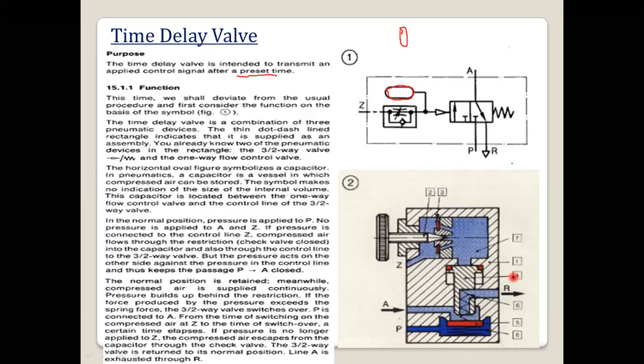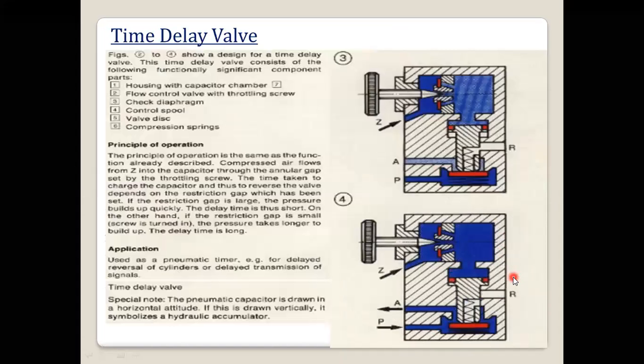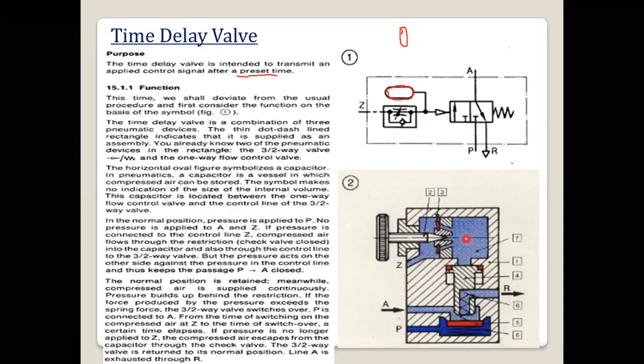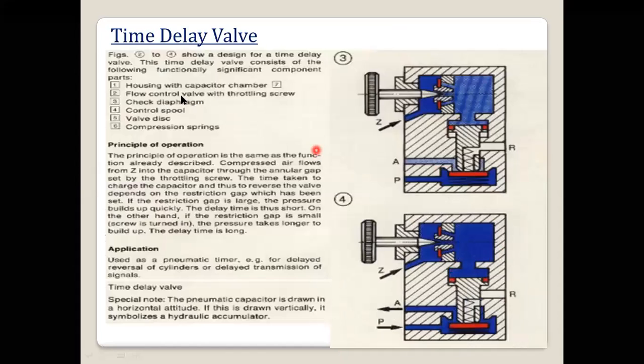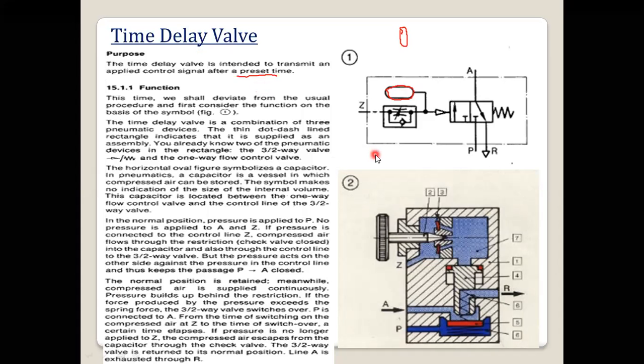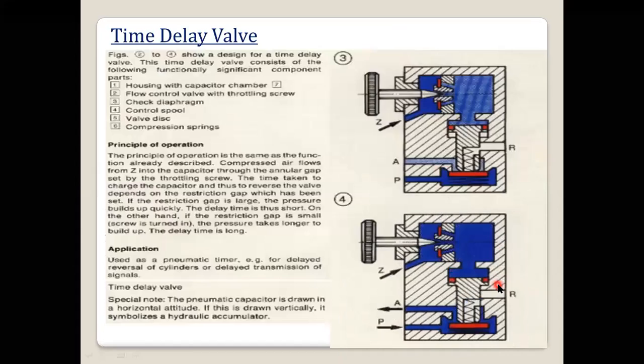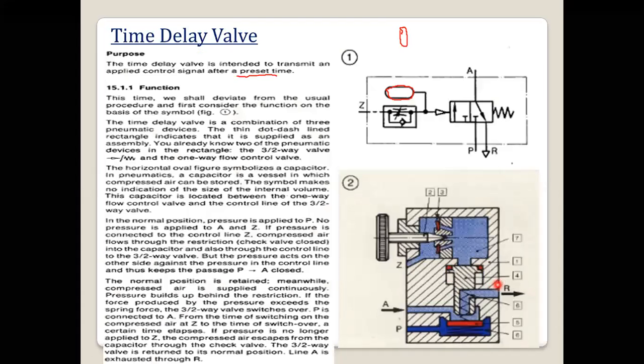The construction diagram. What is in the construction diagram? First one is this. This part, this chamber, is the capacitor and the flow control valve. We call it the housing with the capacitor chamber, items 1 and 7. Then the second one is the flow control valve with throttling screw.